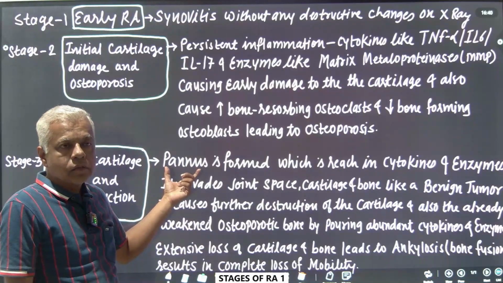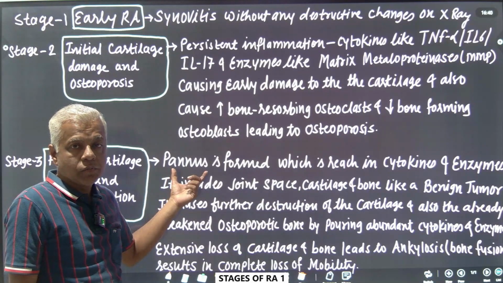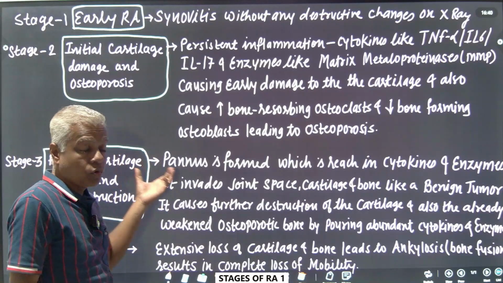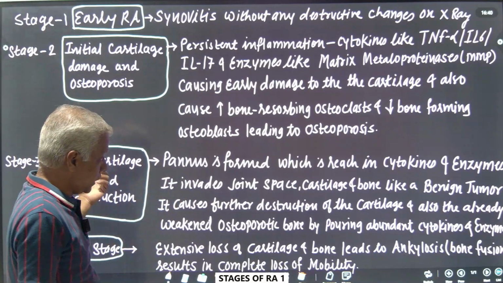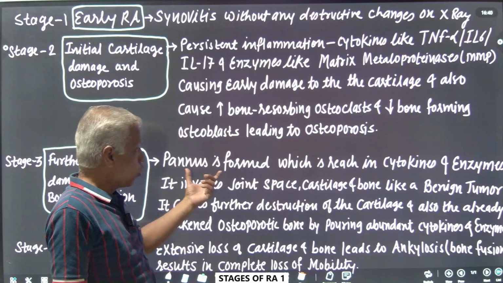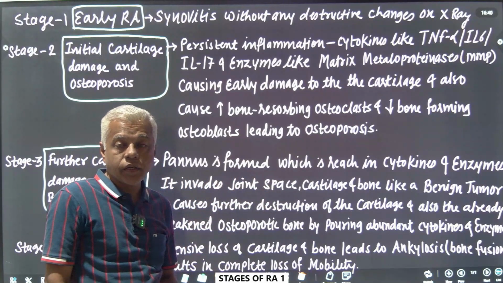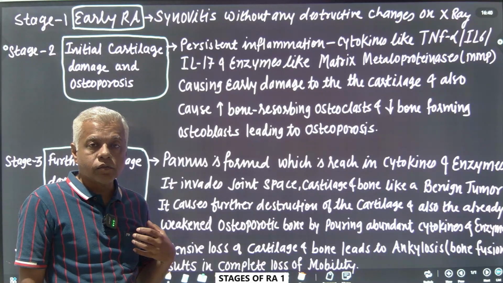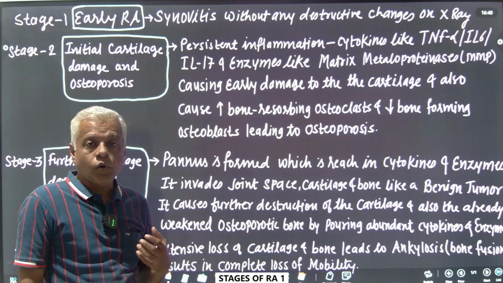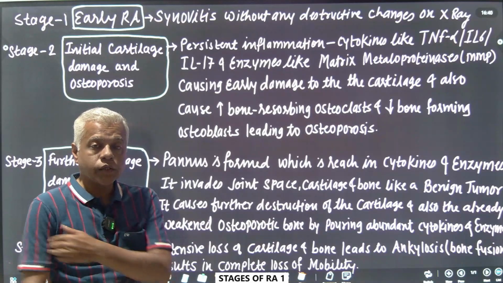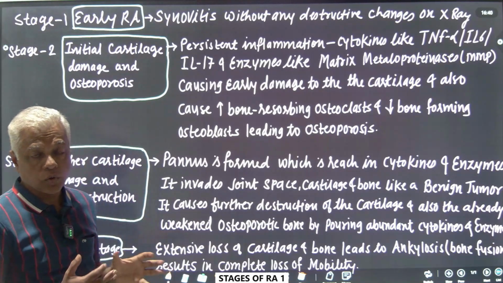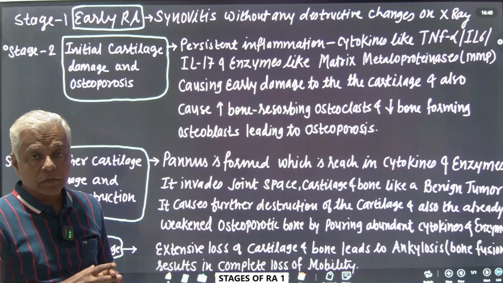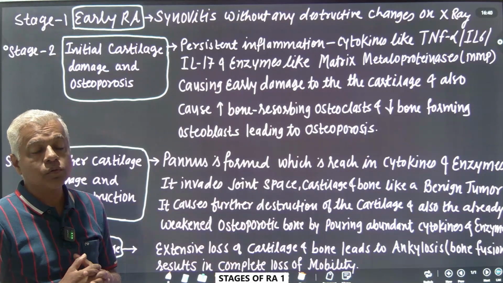In this third stage the very important event, that is PANNUS formation, is taking place. So we are getting a formation of the PANNUS in stage number 3 here, and PANNUS is rich in cytokines and enzymes. We know that this PANNUS is a part of an already thickened synovial membrane, a projection coming out of it, and this hyperplastic synovial membrane already contains lots of